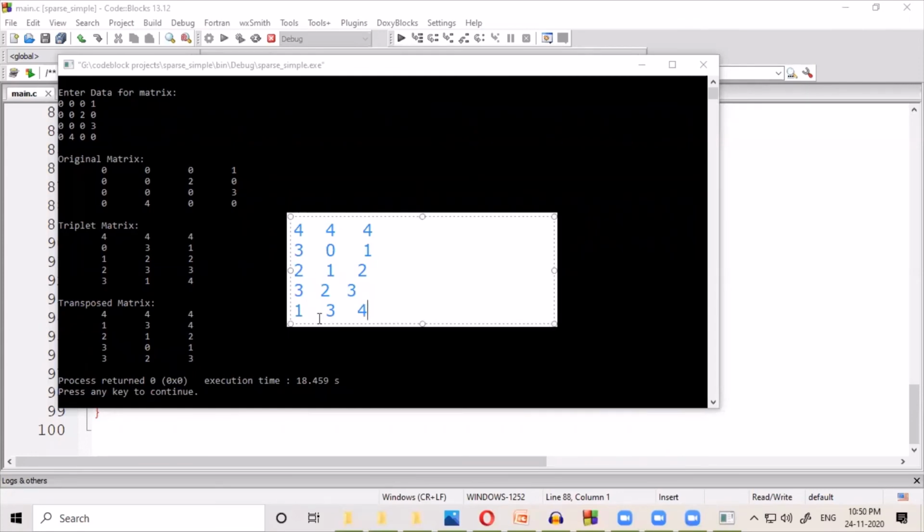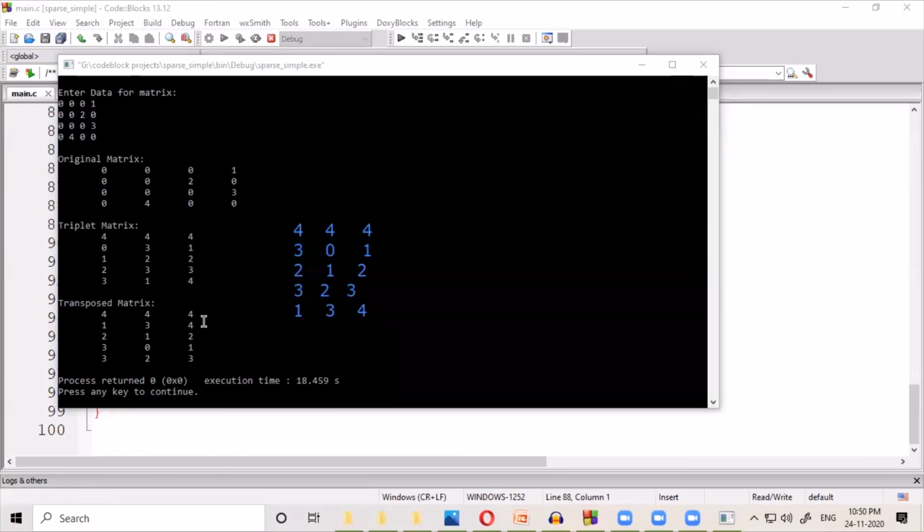And after that, we have to simply sort it. So if we sort it, as you can see, this 1, 3, and 4 should come right at the beginning. That's what we have over here. Then we should be having this 2, 1, 2. So we have 2, 1, 2 next. After this, we have two entries, 3 and 3. See the 0th column? We have 3 here and we have 3 here. We have 3 over here and we have 3 over here.